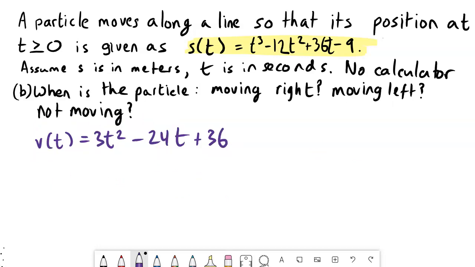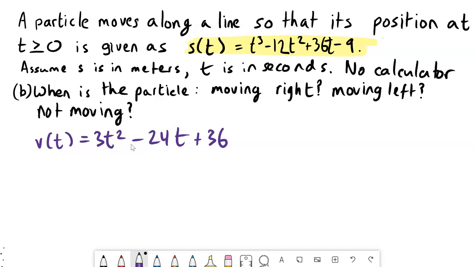Alright, this is the second part. This is actually the part I feel like a lot of people don't like doing, especially without a calculator. If you do have a calculator, what I would suggest is plugging the velocity function into your calculator and seeing when the value is positive and when it's negative, and that's where you'll find your time intervals where that happens. But we're going to try it without a calculator because why not, right? Let's see, when is the particle moving